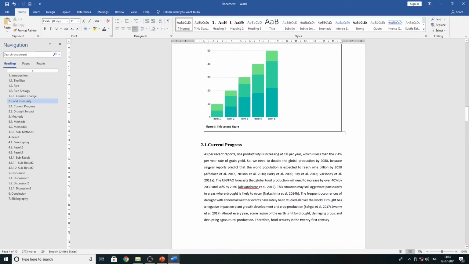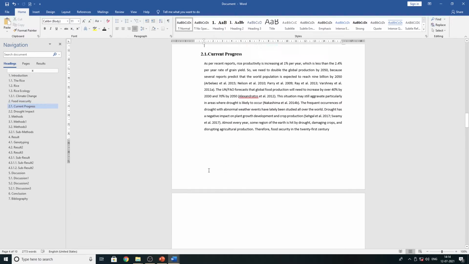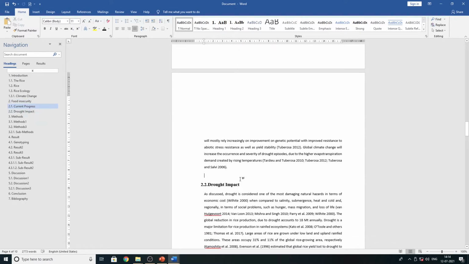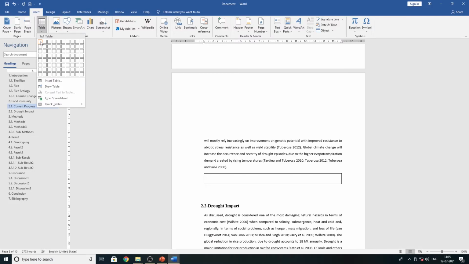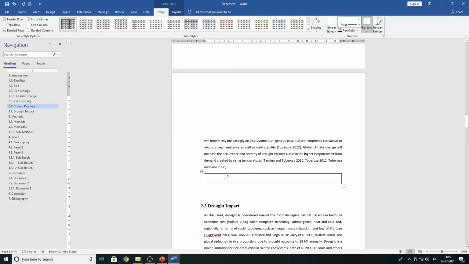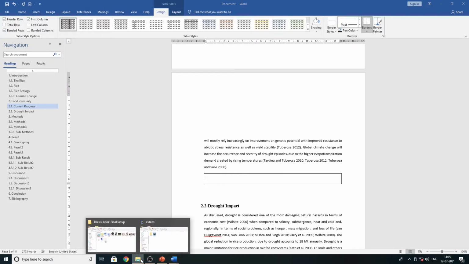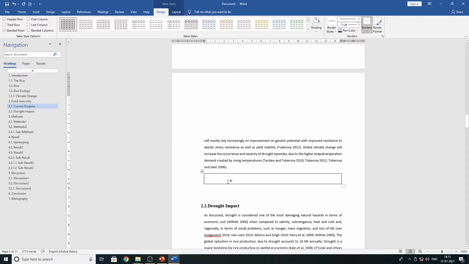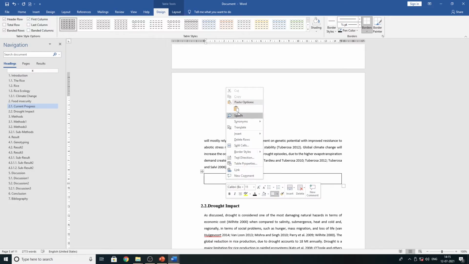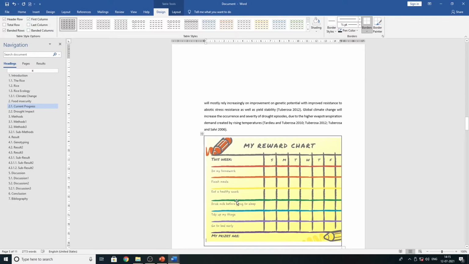Okay, similarly, these techniques also apply to tables, right? And now I'm going to insert one table here. The figure is inserted. Now I'm going to insert the table. Similarly, you have to go to a box, insert one box. Okay, now I'm going to add one table directly from Word or Excel. Copy your table, and just paste it over there. Paste it.